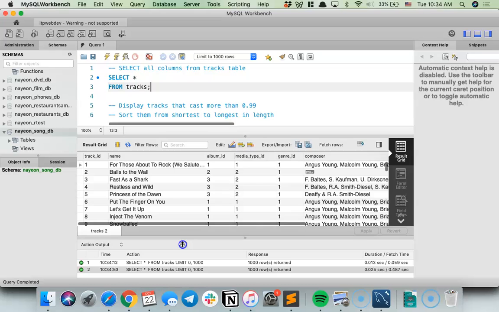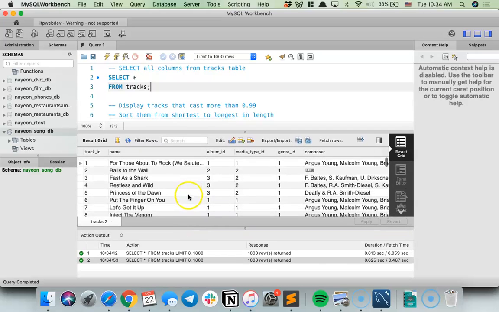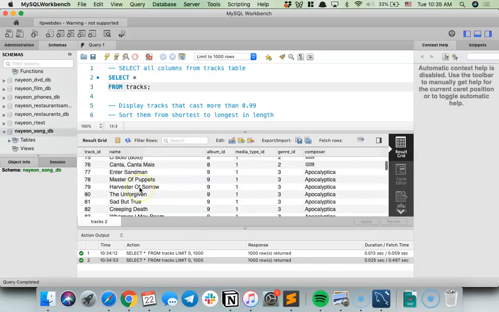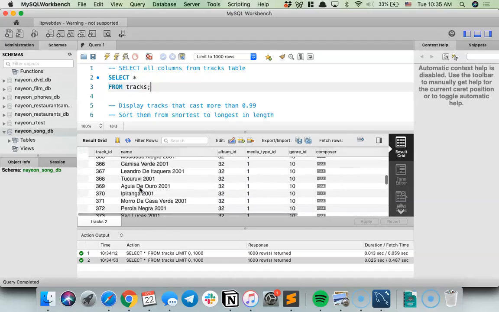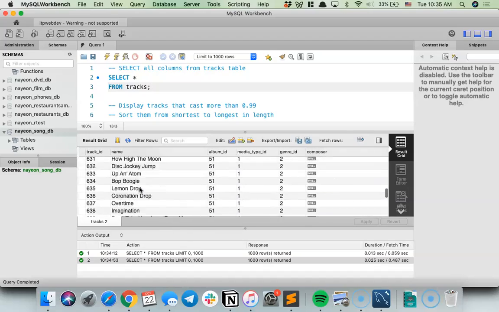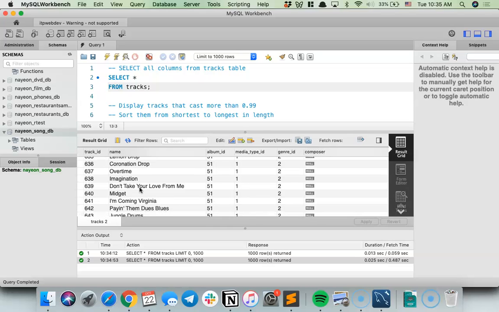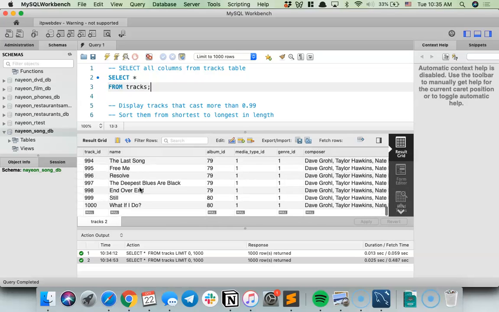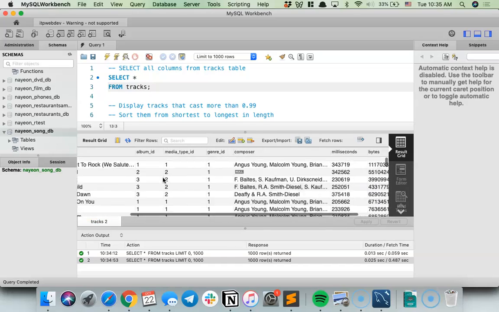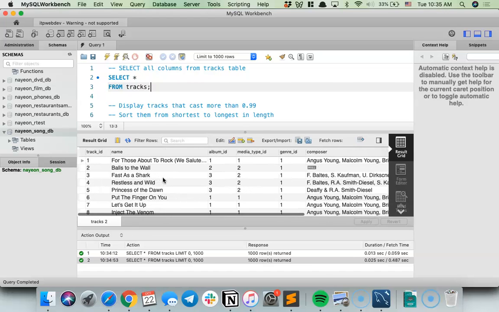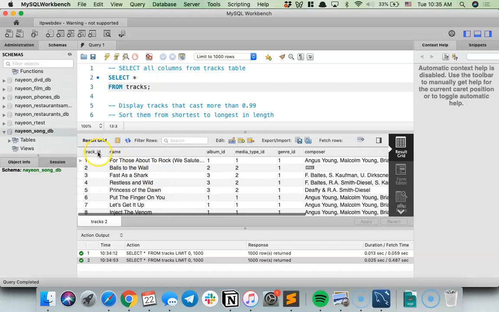As you can see, I'm going to scroll this down a little bit. There are two interesting things here. The first is that it gives us all these results. If you're wondering how many results it will show, I think the maximum that MySQL Workbench gives is 1,000 results. But this table actually has a lot more than that, like 3,000 some results. It's going to show you the first 1,000 tracks from our tracks table, and you can see all of my columns: track ID, name, album ID, composer, milliseconds, and so on and so forth.